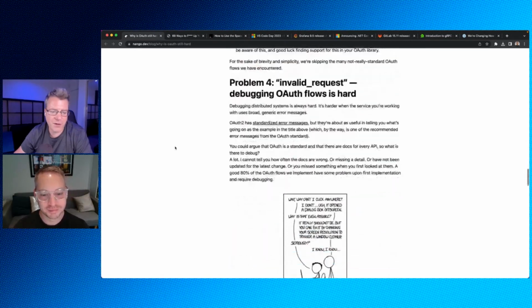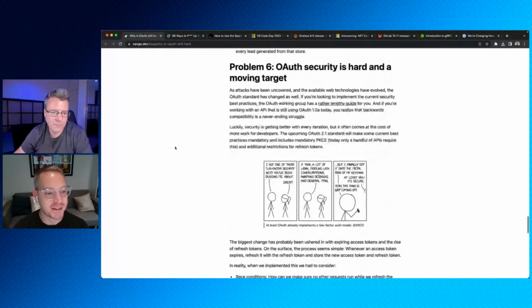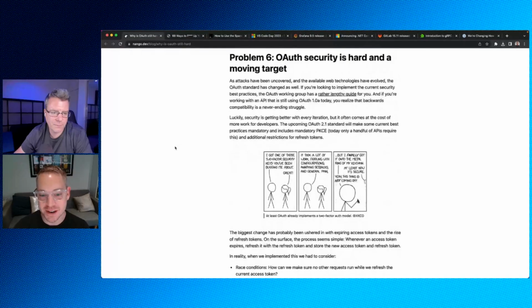Yes, there are frameworks, and yes, there are solutions, but it shouldn't have to be this way, right? So this is a good article that highlights what's wrong. It's interesting, right? Before OAuth, there was nothing. So at least we have something, I suppose, but